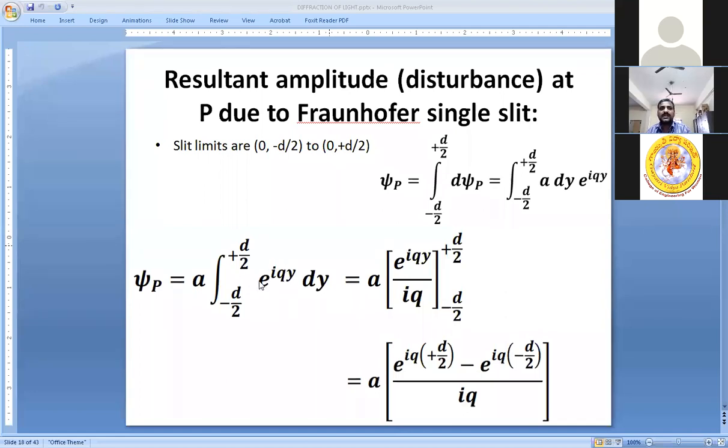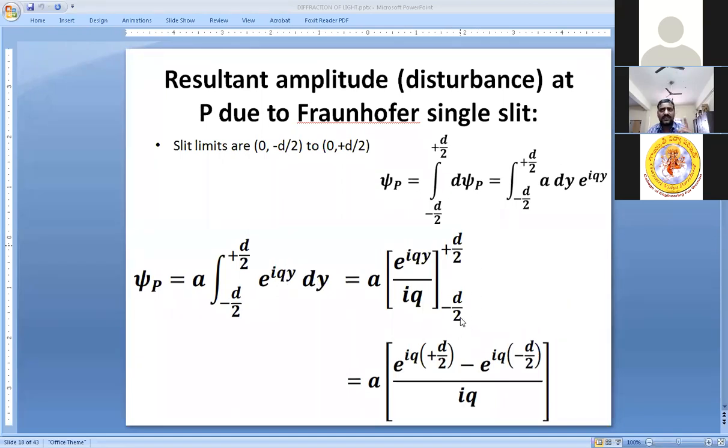It is looking something like integral e power ax dx, right? So the integral of e power ax is nothing but e power ax divided by a, because a is a constant. In a similar manner, I am taking this iq as some constant. So this constant is something like a. Of course, I am not talking about the amplitude here. I am just giving you the intermediate mathematics example, integral of e power ax. So just like that, this constant can be taken safely to the denominator, leaving e power iqy divided by iq as the result of this integral, with upper limit plus d by 2 and lower limit minus d by 2.